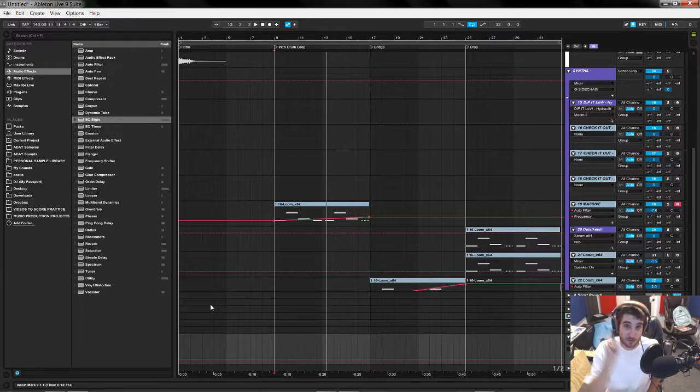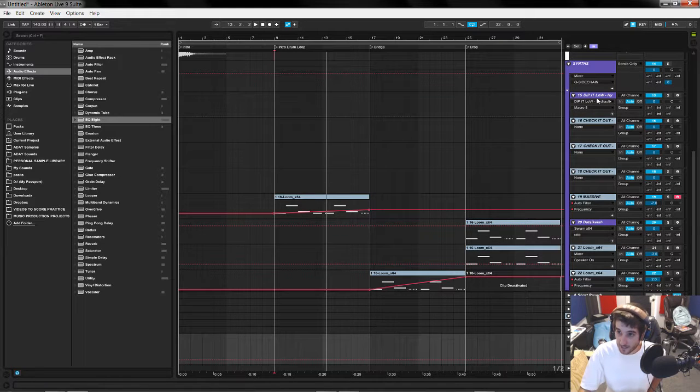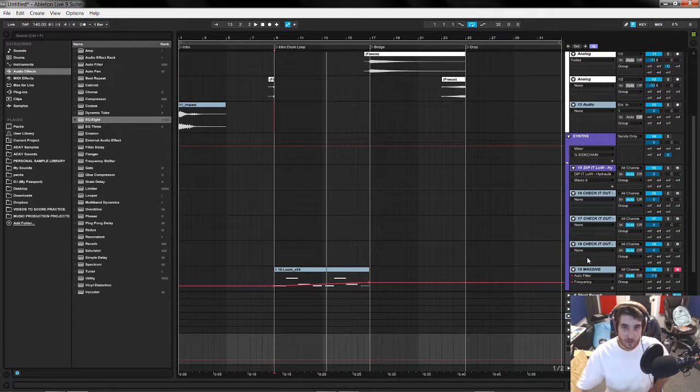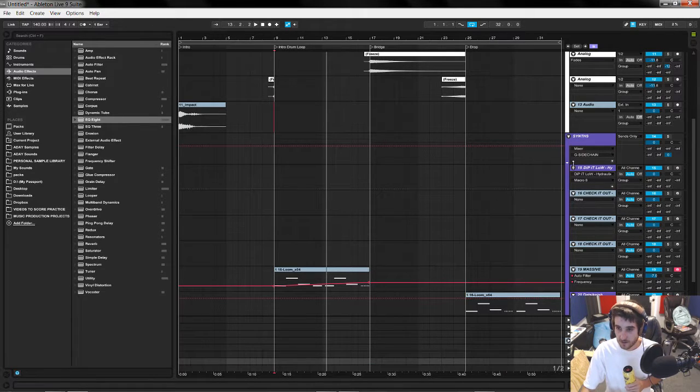This helps with CPU a lot. Instead of putting side chain, side chain, side chain, and ruining your CPU and getting a bunch of clicks from the side chain, you just do it on a return channel and then send everything to that return channel. Just make sure it's sends only, because if it's not, it's gonna play this group and what you're sending, and it's gonna get super loud. So that's a secret.